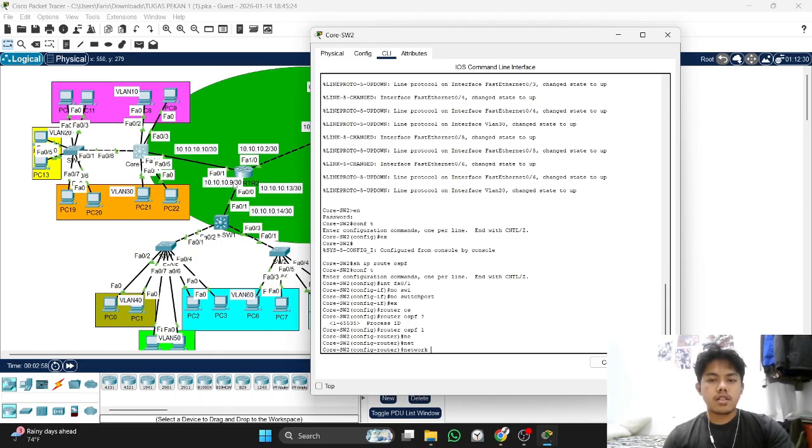And our prefix is 30. If our prefix is 30, the network of this IP address is 10.10.10.8, and the subnet, and the area is 0.